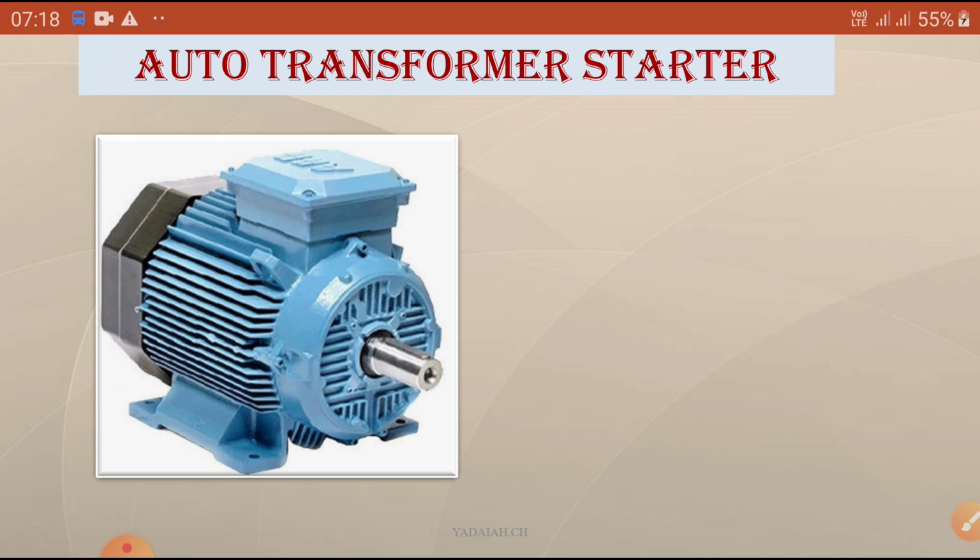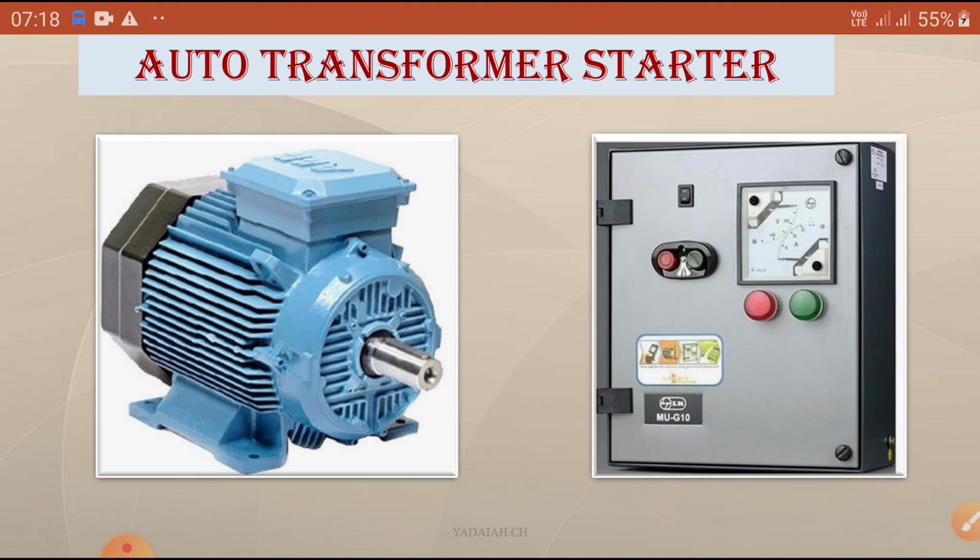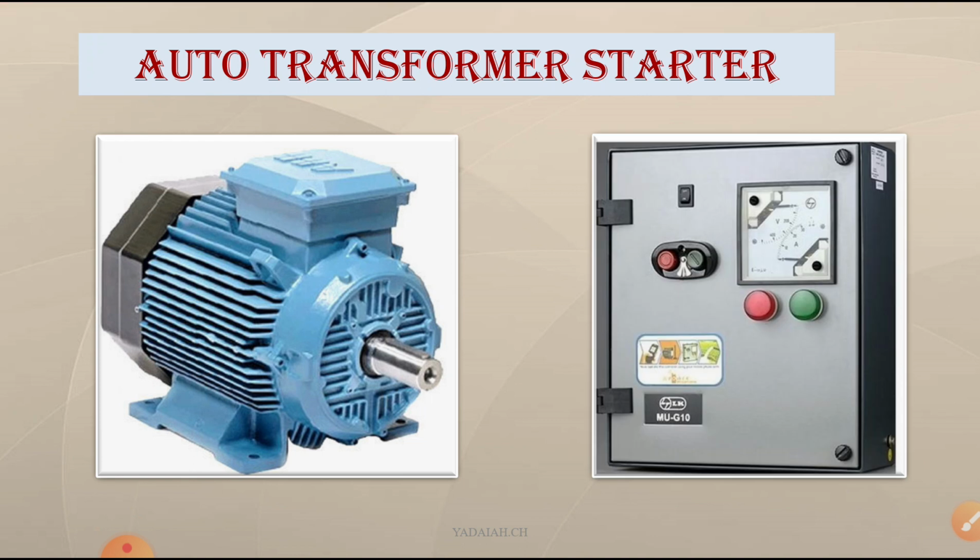This session is regarding 5th semester, C18 scheme, EE 503, subject AC motors. Topic: starters and speed control of 3-phase induction motor. In this session, we are going to cover the working of the auto transformer starter with diagram. This is the auto transformer generally used in our electrical field to start our induction motor.